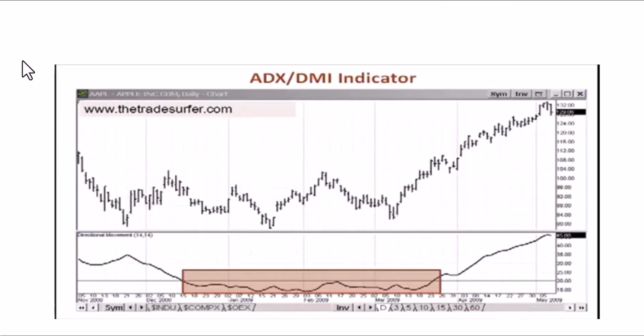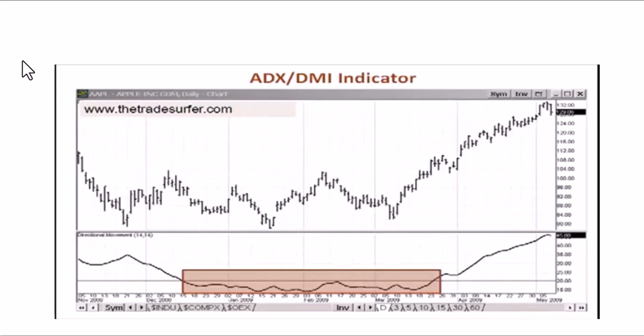It's like this. If you see a stock chart on top and the ADX at the bottom, whenever the ADX is down in a small range, the chart is in a consolidation phase. When the ADX is above a certain level, say 20 or 25, look at the right-hand side, the market has started going up as the ADX goes up. It can even go down also. So ADX doesn't tell you the direction, but it tells you the market is trending.